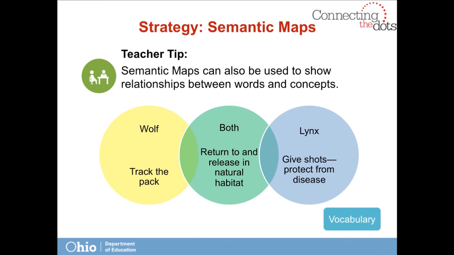On a Grade 3 practice test, the student is asked to read two related texts and then to compare and contrast key details about how endangered animals can be helped. Being prepared to use a semantic map strategy can help the student organize their thinking and respond. This is a strategy that can be used on paper or computer-based text. Remember, the academic vocabulary reference is a good place to find words for semantic maps.